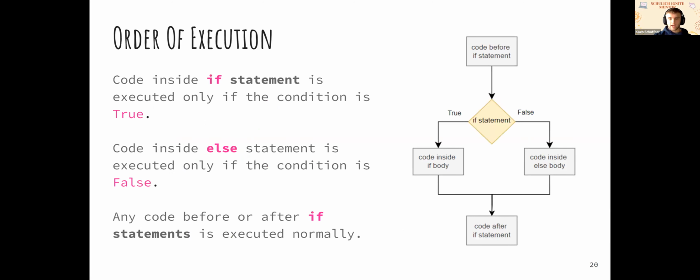So again, we have a bit of order of execution, what happens. Let's say we have some code before, and then we arrive at an if statement. If that statement is true, we're going to run the code underneath the if statement. If that statement is false, and we have an else statement put in, we're going to run that code in the else statement. Once either of those has run, then the code will continue after those statements. So any code that we have after our else statement that's not in the else statement will then continue to run.